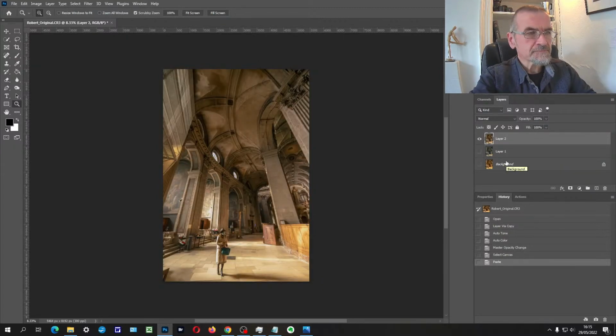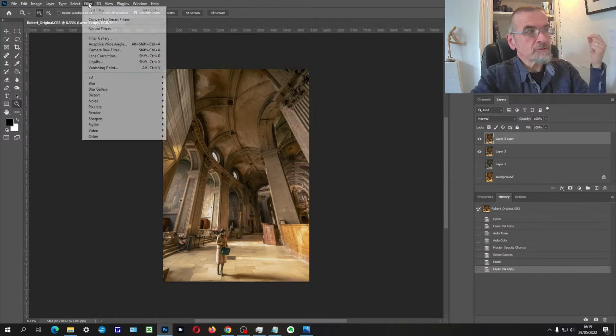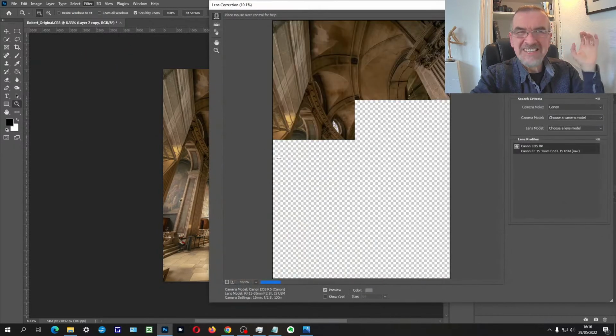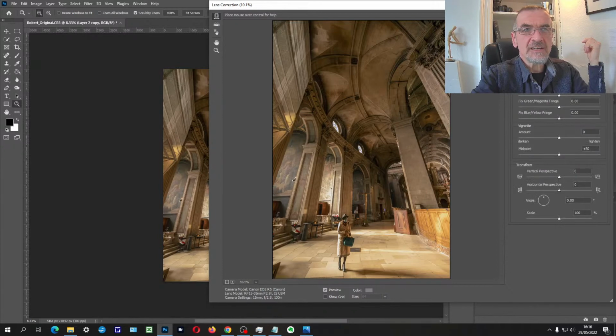Now the next thing is really about the notion of this distortion. There's two ways you can go about this. One is, actually I'll tell you what, I will duplicate that layer again. If you've got Photoshop, which I know you do have, you've got lens correction. Now there is a limit here to what lens correction can do. This is telling you what the lens profile is. And if I go to custom,